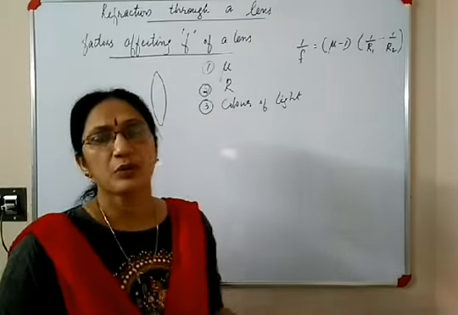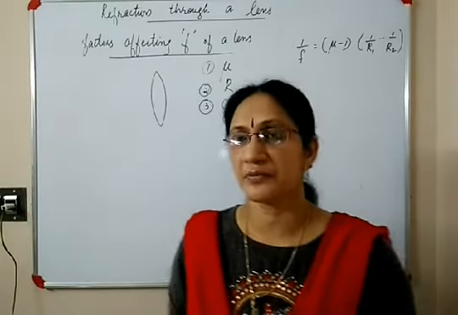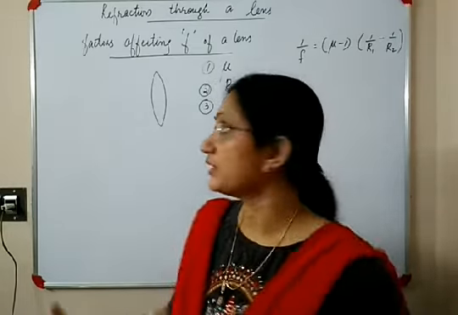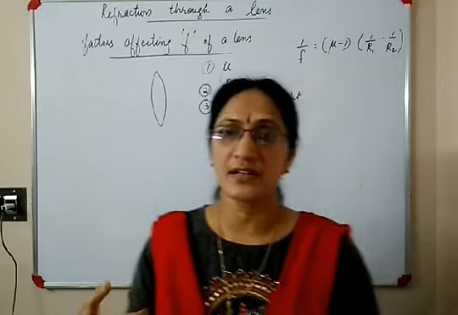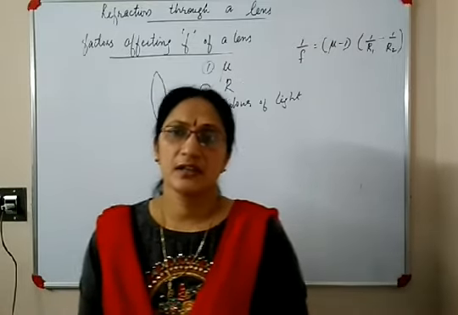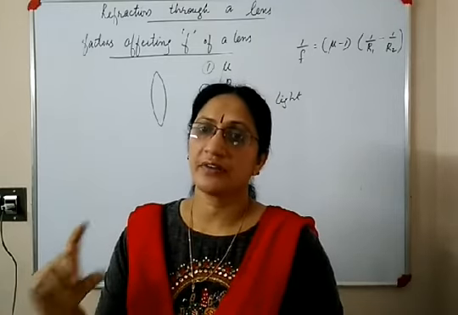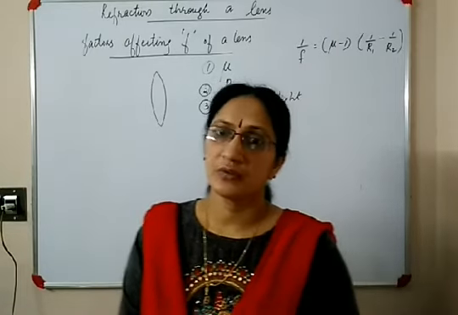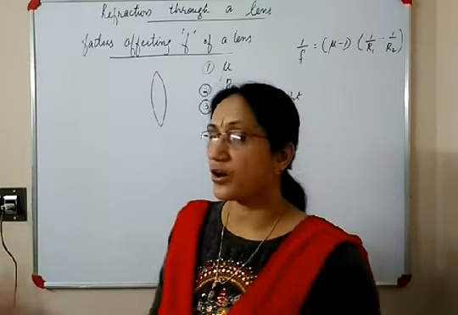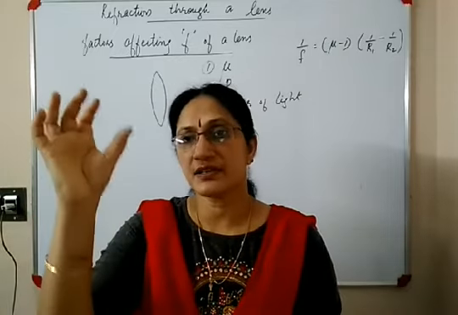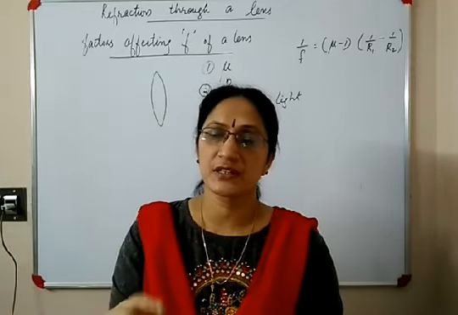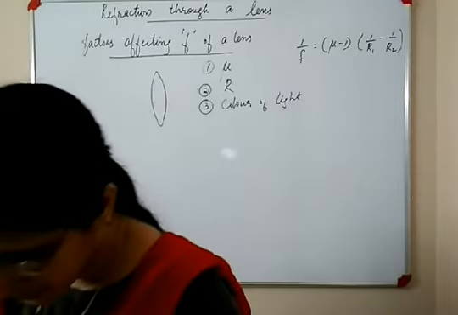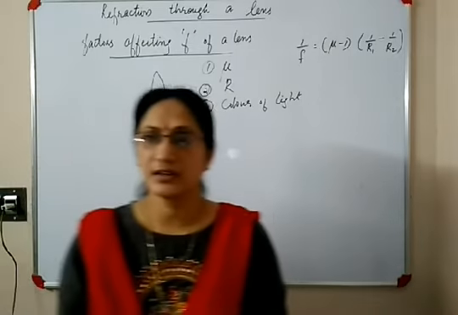Now the conclusion: what are the main differences between a convex and concave lens? Let us analyze some points. First point, a convex lens is a converging lens, concave is a diverging lens. Then another point, for a convex lens, its focus points are real points, but for concave they are virtual points. Then another one, for a convex lens, the middle portion is thicker, edges are thin. For concave it is opposite, the middle portion is thin, edges are thick. These are some differences between convex and concave lens.